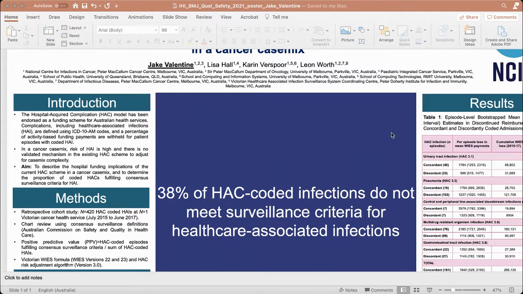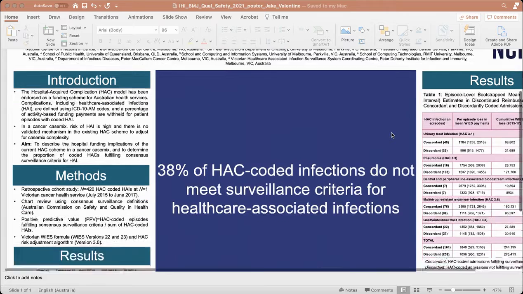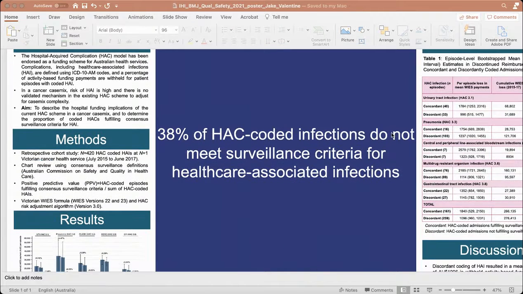So the aim of this work was to describe the hospital funding implications of the existing HAC funding scheme in a cancer case mix, and to determine the proportion of those coded HACs that did fulfill consensus surveillance criteria. This is a retrospective cohort study of 420 HAC-coded episodes at one Victorian cancer health service, and a chart review was conducted to look at the proportion of coded infections which did and did not fulfill consensus surveillance criteria, with positive predictive value used to measure that analysis. To look at the overall hospital funding implications, the Victorian WEIS formula, which is the activity-based funding payment system here in Victoria, was calculated